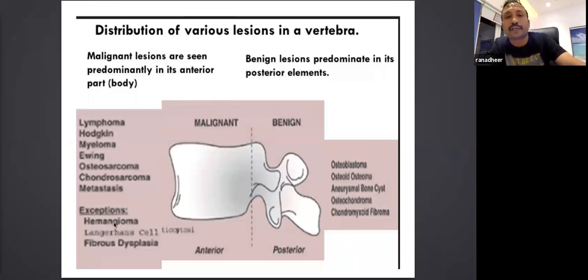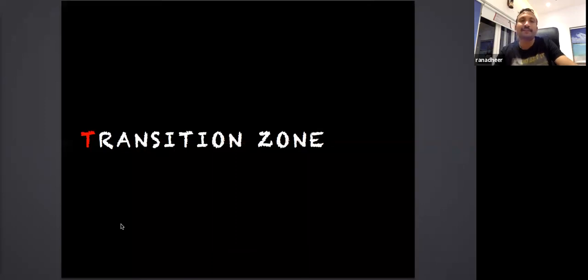This is why you need to take a radiologist or nuclear medicine opinion before starting RT. I have seen a case of hemangioma being given RT. Very rarely, invasive hemangioma needs RT. Otherwise, benign hemangiomas don't need anything. They will come with bone pains. All hot spots on bone scan are not metastatic, and all cold spots are not benign. Pure lytic lesions do not show any osteoblastic activity. That I'll come to next. Next, transition zone.